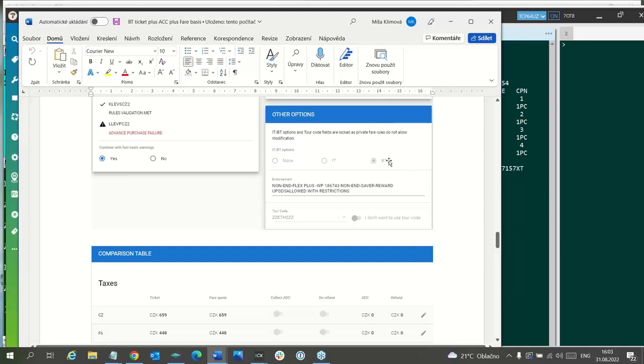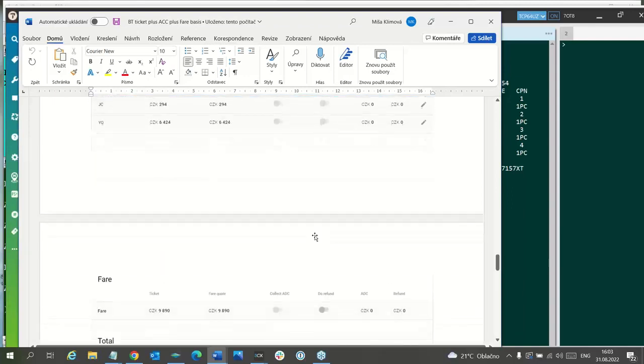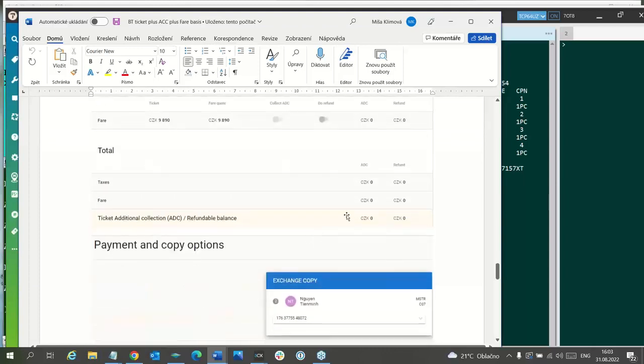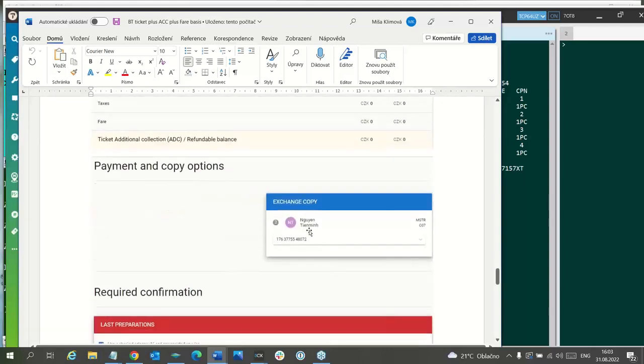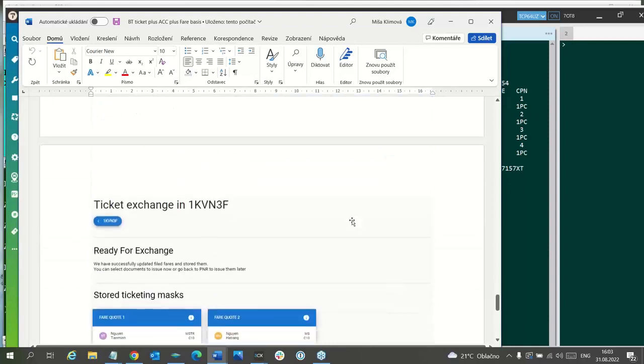You can see that it will be a BT ticket, and here the taxes are the same, the fare is the same, and we can copy also the mask for the second passenger, because the second passenger has the same passenger type code for child, and has the same fare. So that's it.